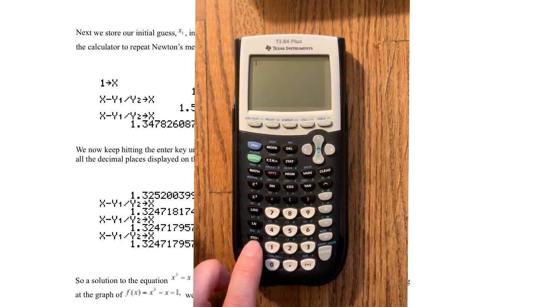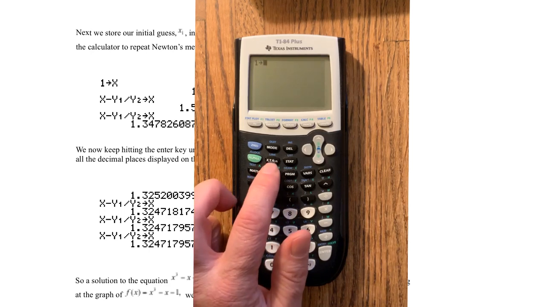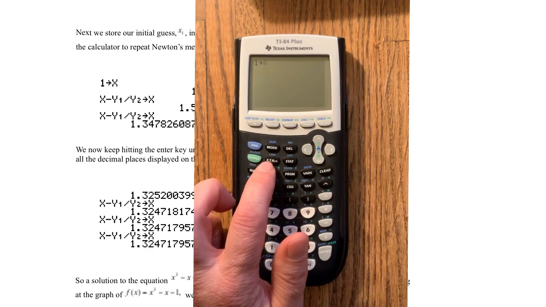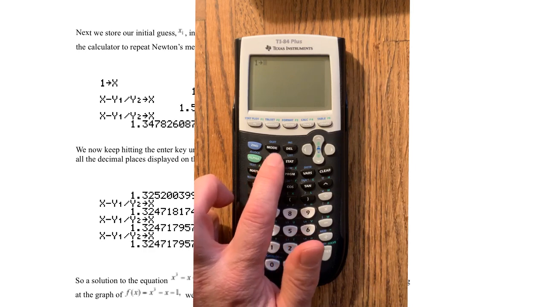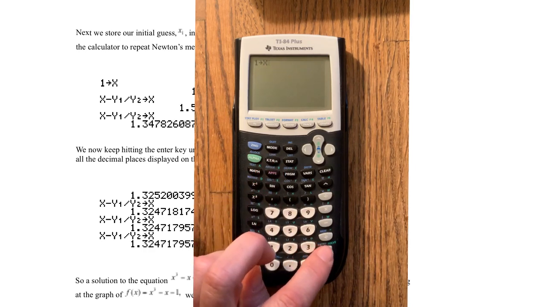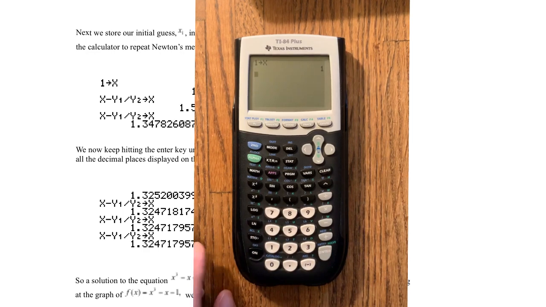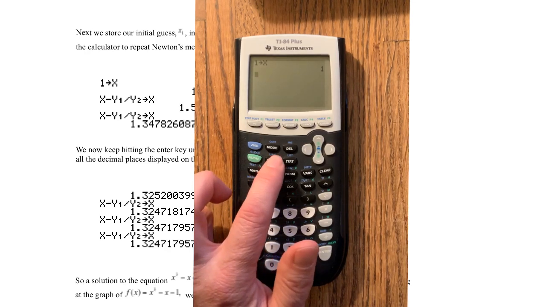And then use the store key. Hit store, then I come up here and press X. And we're in function mode, and when you're in function mode, it's only going to pay attention to that X. So we hit X, then hit Enter, and now 1 is stored in X. To get our next guess, we go through the iteration, so we hit X